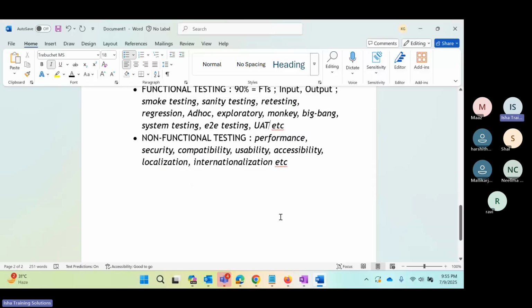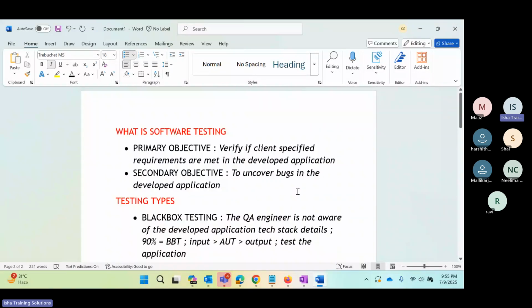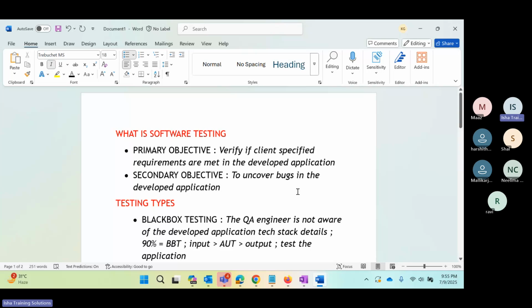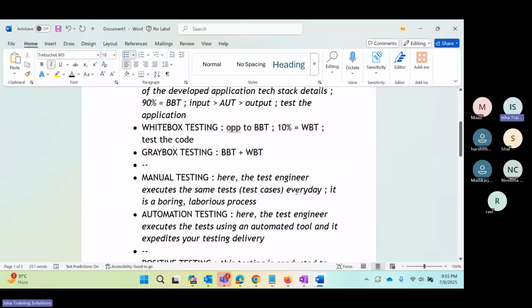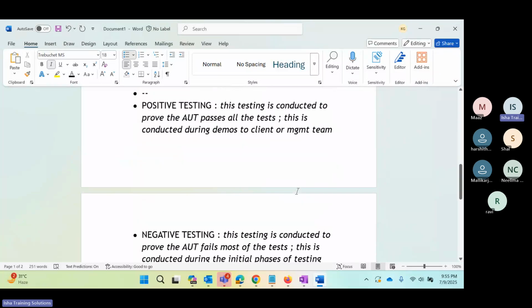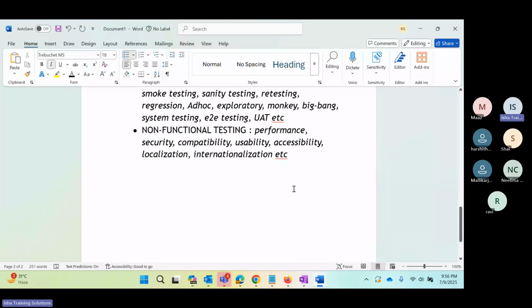Okay, finally, before we conclude, we have 5 more minutes. I just want to give a simple conclusion of what we discussed. So today, we discussed the primary objective and secondary objective of software testing, and in how many ways testing can be spoken about. Testing can be categorized: black box, white box, gray box, manual and automation, positive, negative, destructive, functional, non-functional. And finally,